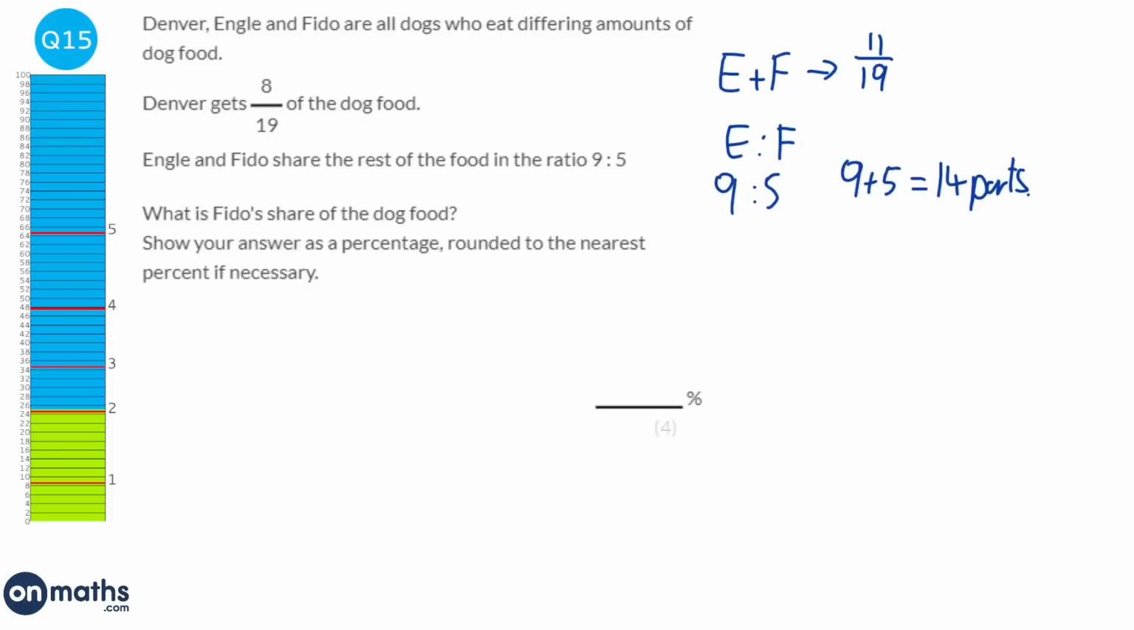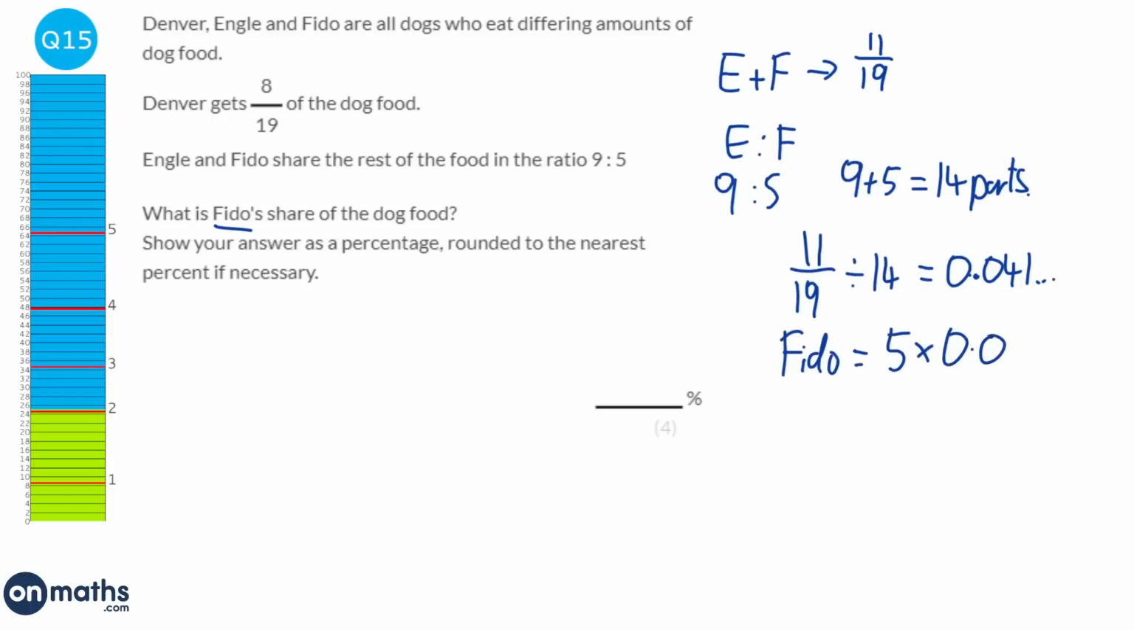And the share that they get is 11 over 19. So what I'm going to do is find out what fraction one of those parts is worth by dividing 11 over 19 by 14. So each part is worth, and I'm just going to keep this in my calculator, 0.041 and so on. And we're asked to find Fido's share. Well, Fido has 5 parts, each of them worth 0.041 and so on. I've kept it in my calculator to keep the accuracy, and when I do that I get